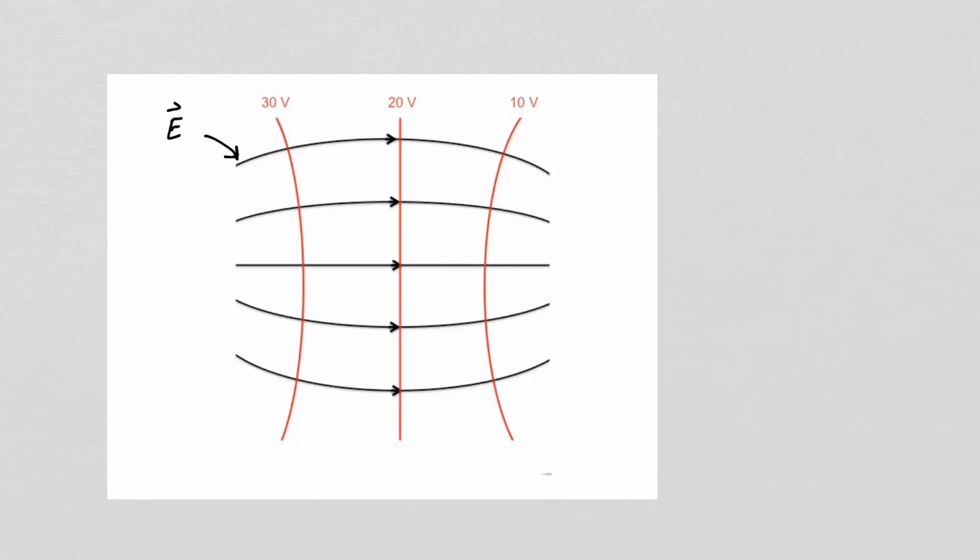Let's assume we have some electric field intensity as shown, and I've drawn some equipotential surfaces, and let me label this one 10 volts, this one 20 volts, and this one 30 volts. And I try to keep the right angle between the electric field intensities and the equipotential surfaces. Here is our adjustable voltage probe, and the voltage drop across it, as we've seen, is minus the magnitude of the electric field intensity, the length of our voltage probe, times the cosine of the angle between the voltage probe and the electric field intensity.